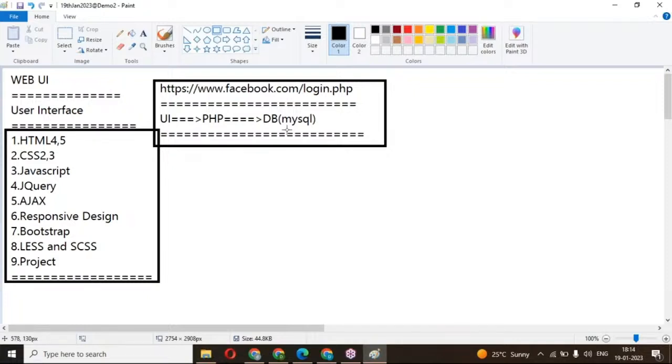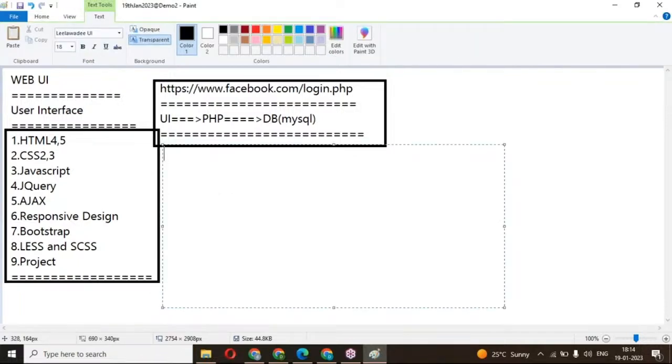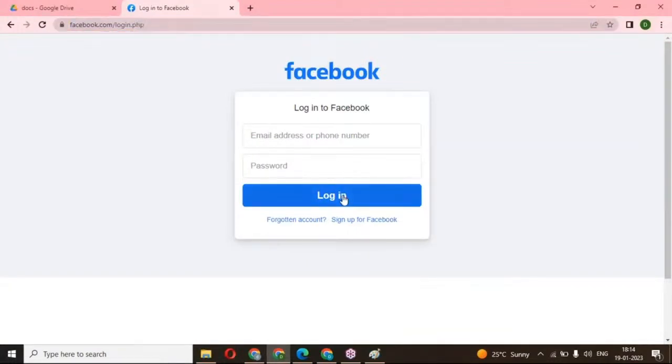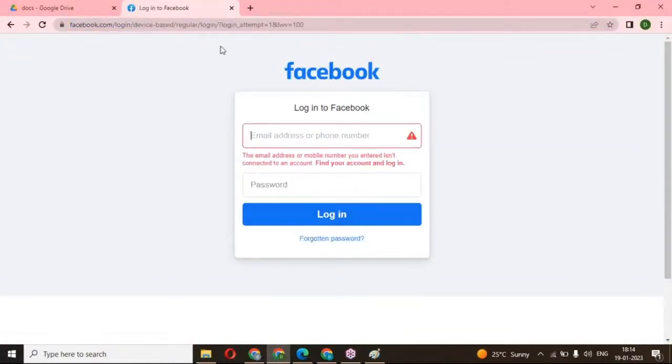So this time what happened here, when I enter my username and password, definitely it has to interact with the server page. After submitting, your data will be stored in the database, so it will access our details. See here, after entering your username and password, if you click the submit button, your data will reach the PHP page. That PHP page will connect to the database. Because of that, if I am an existing user, then I'll get the next page, the inbox page